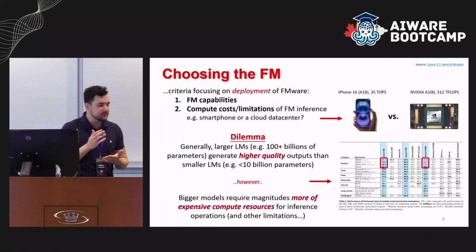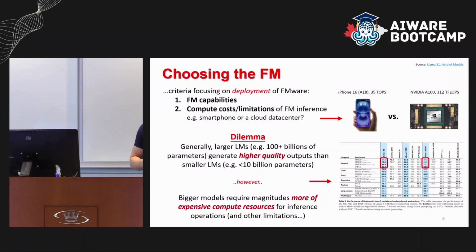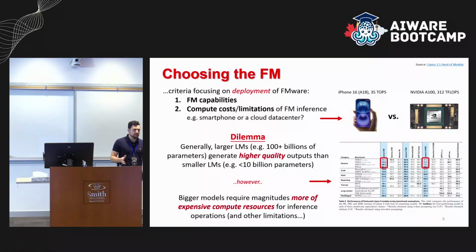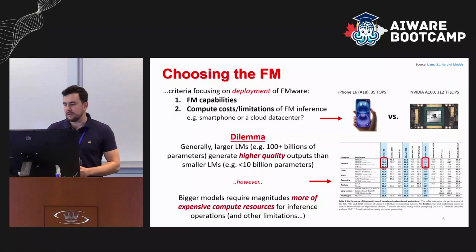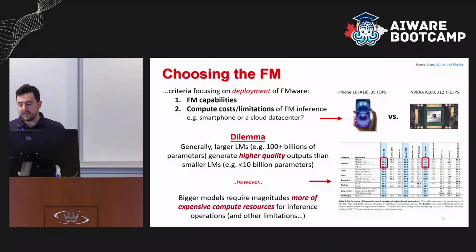Now we come to this dilemma where larger models are good, very capable. GPT-4, let's say, or the big Llamas can do a lot of things. You can see on this little diagram over here, which is actually taken from the Llama 3 technical report, that Llama 3 with 8 billion parameters performs considerably worse than Llama 3 with 405 billion parameters. So there's a capability gap. But at the same time, you can probably fit your Llama 3 8B on your iPhone in terms of memory. You can't do the same with the 405 billion version.